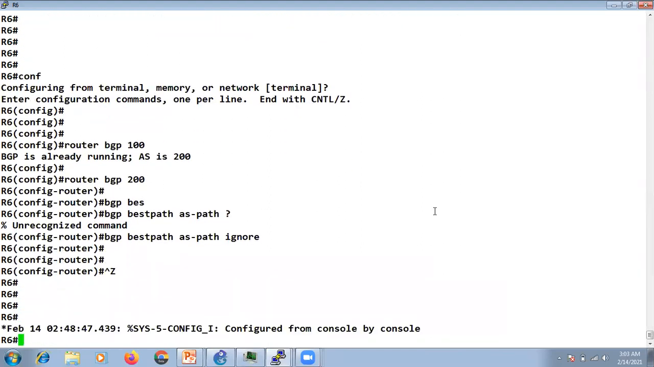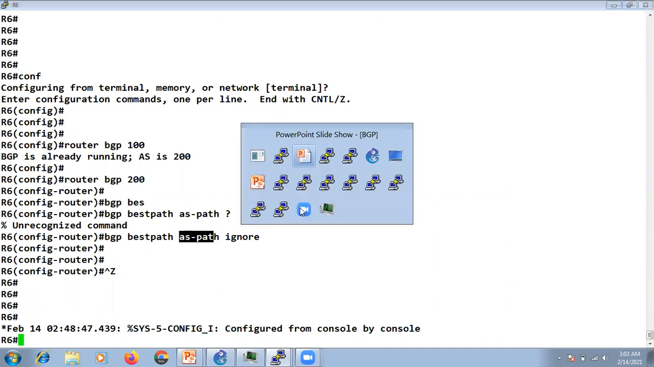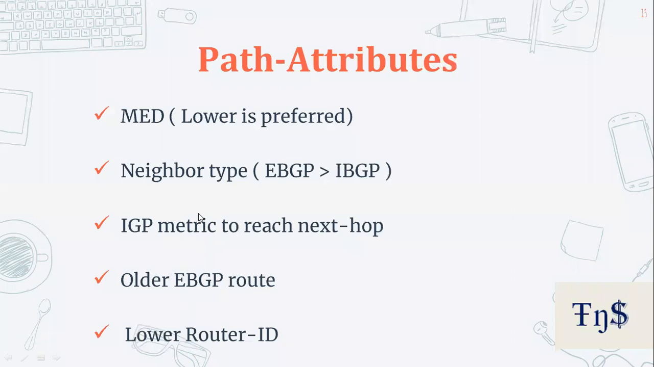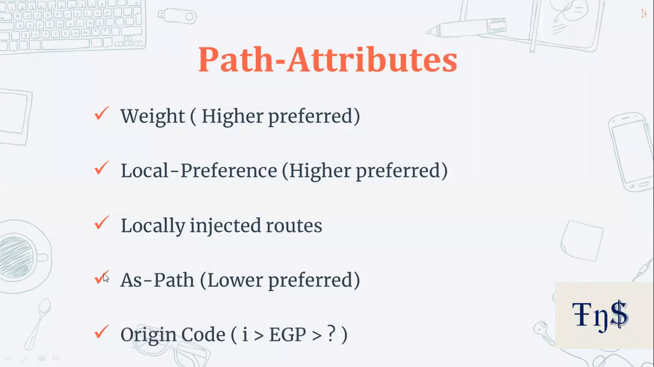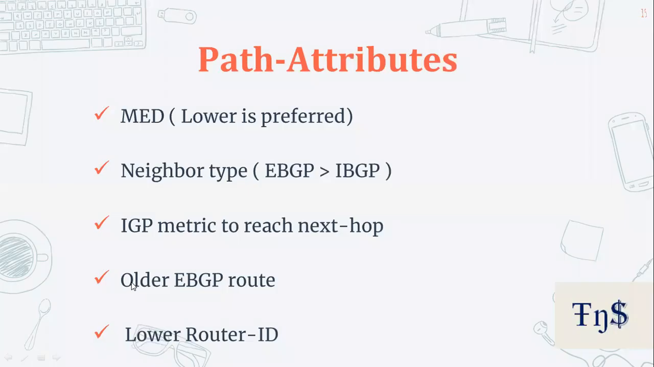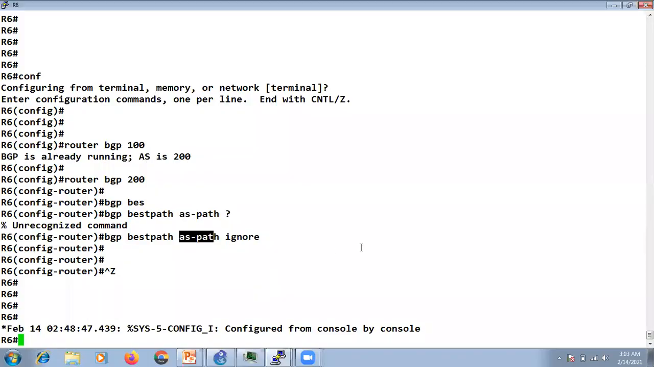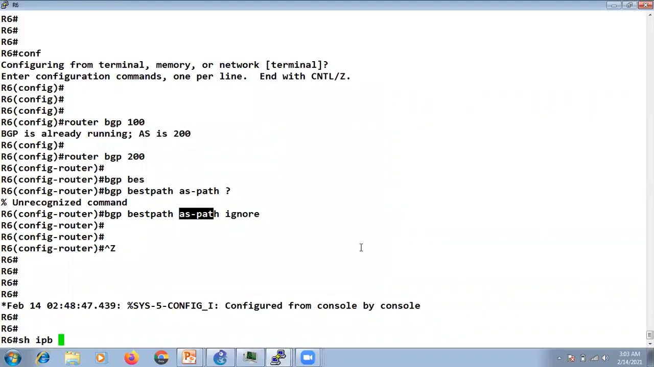What this command will do is that for R6, it is not going to check the AS path criteria for the best path. So if we are not checking AS path, we are bypassing this. So again, our condition should go up to the older eBGP route, right? Okay, if I do a show IP BGP now,